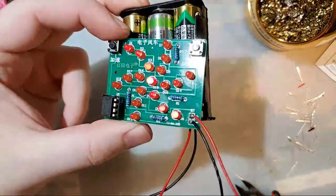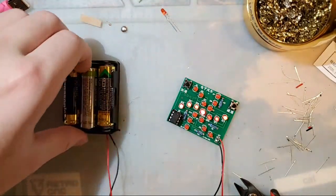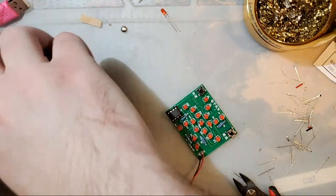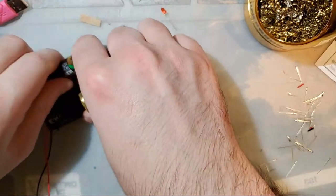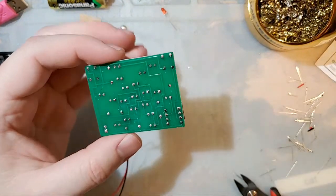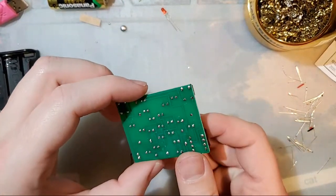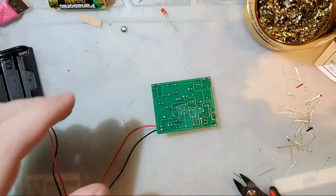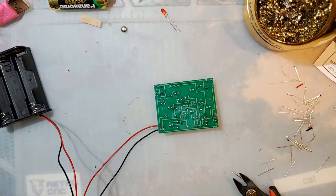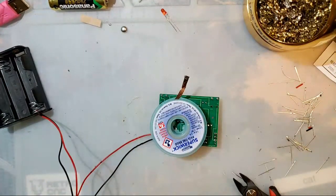But yeah, cool stuff. I was trying to do this as genuine as possible without intentionally screwing things up. But there are a few more things I want to show you as far as errors go and how to fix them. I was kind of hoping I would accidentally screw something up, but unfortunately, or fortunately, I don't know, guess it depends on your point of view, it didn't come to that. Let's talk about solder wick